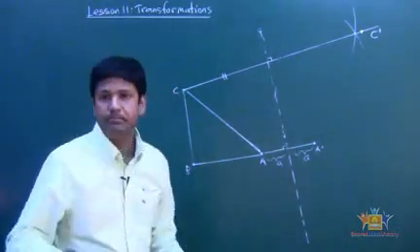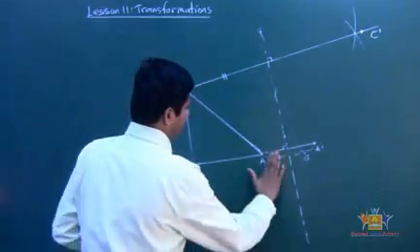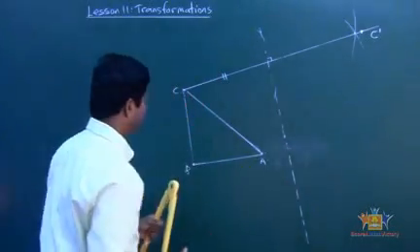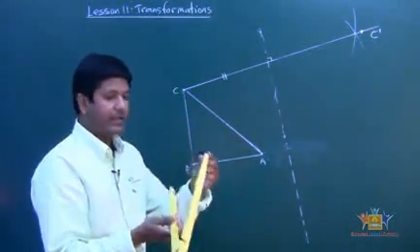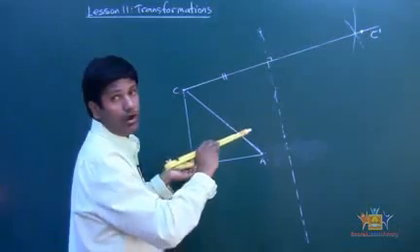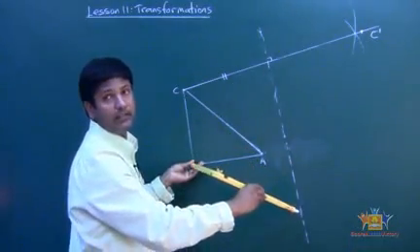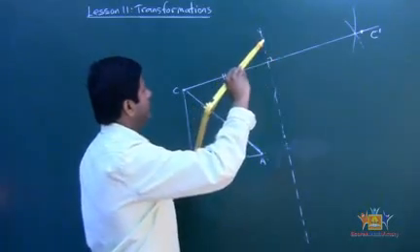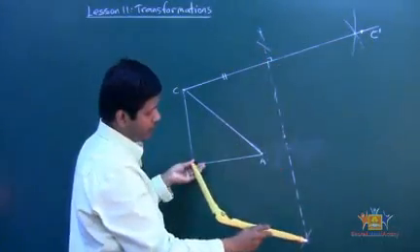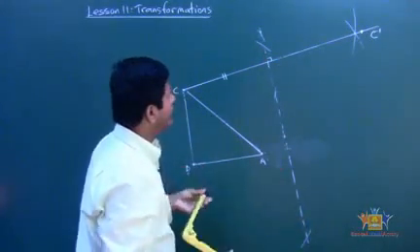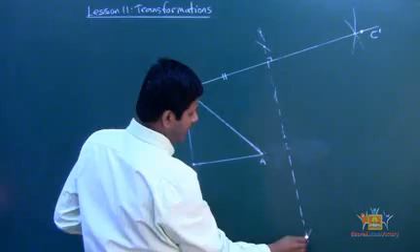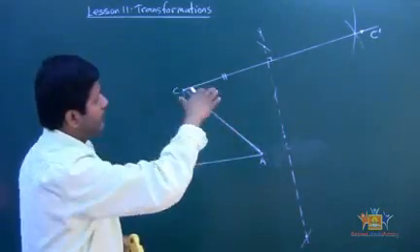Okay, so now let's do B. Now let's erase this because we don't need this, because this is something we just did ourselves. So let's erase that. Okay, so let's do B. So what do you want to do? Take the compasses again, the sharp point, put it on B. Find two arcs on this axis of reflection. Let's just find anywhere. Let's say one right there and another one right there. So you've got 2 points, two arcs. See this point and this point, where the axis of reflection is intersecting the arcs.